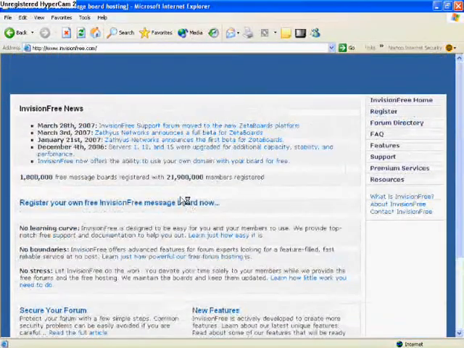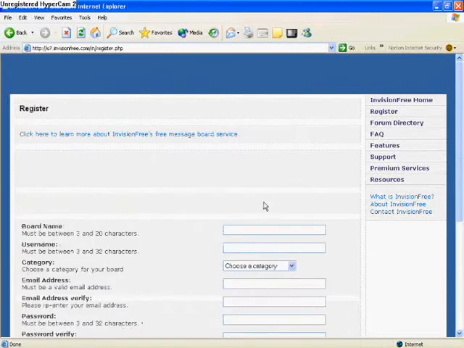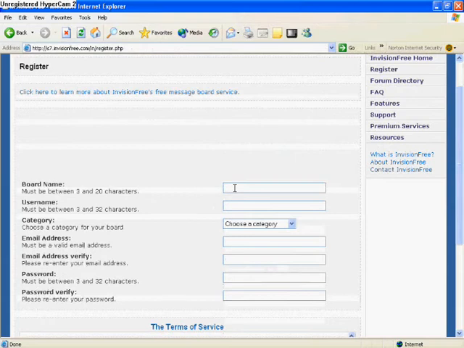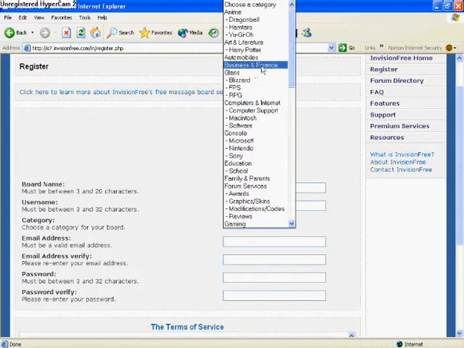Then you can read all the bits on their website or whatever, but I would suggest going straight to register. Alright, you're going to need to put in your forum name or board name, which we're putting in as IFV Tuts, and the username is IFV Video. You will need to find what one your category is going to be, and our category is tutorials. When I find it,